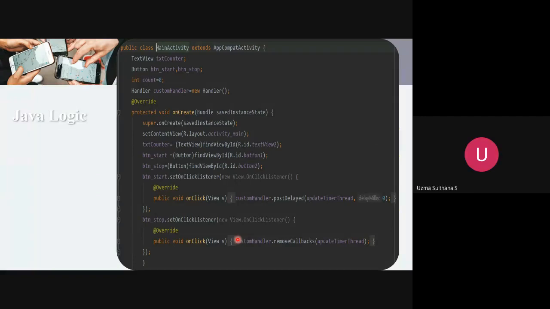Okay, just give me a minute. I'm just loading the Android Studio. Please have patience, this system may get stuck.